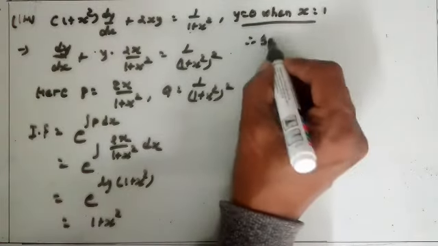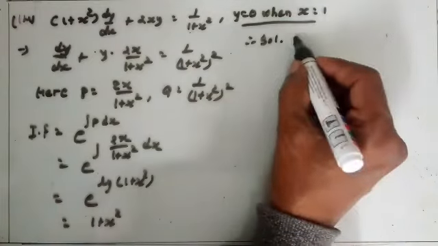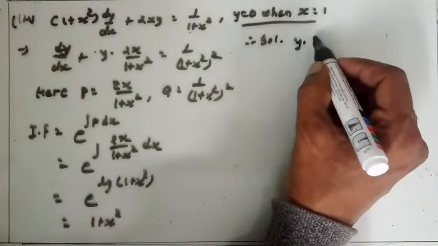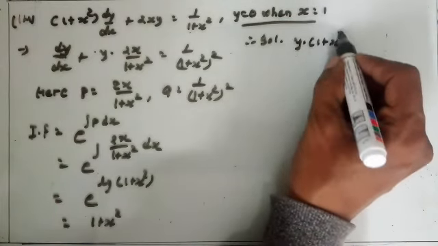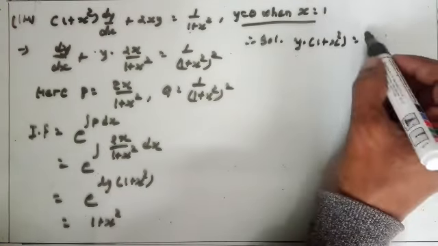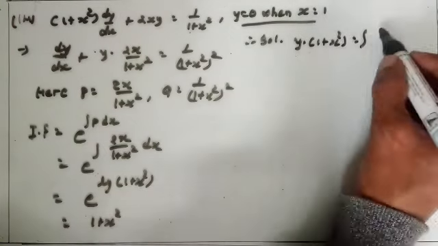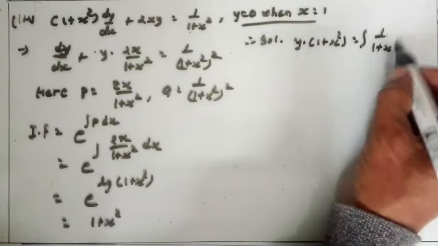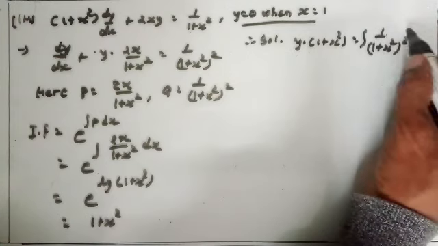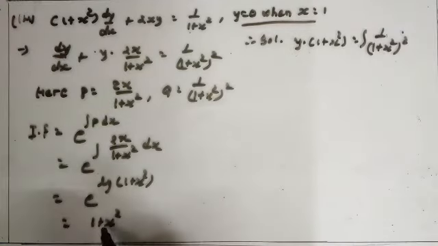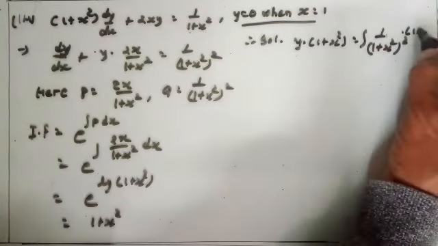Therefore, the solution: y into the integrating factor 1 plus x square is equal to the integration of q, which is 1 upon (1 plus x square) raised to 2, into the integrating factor 1 plus x square